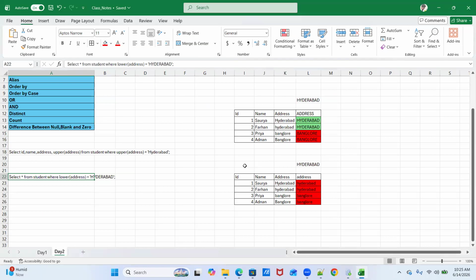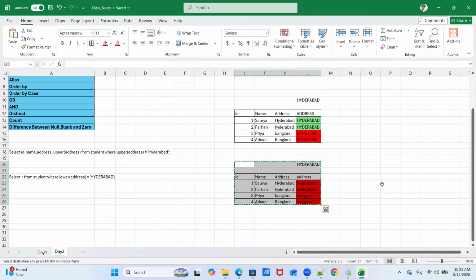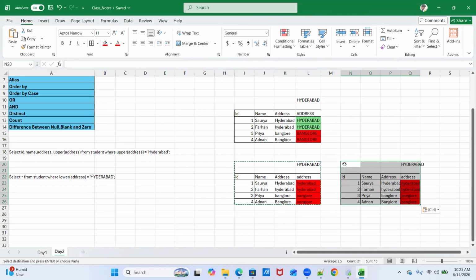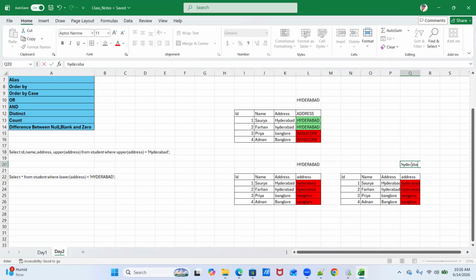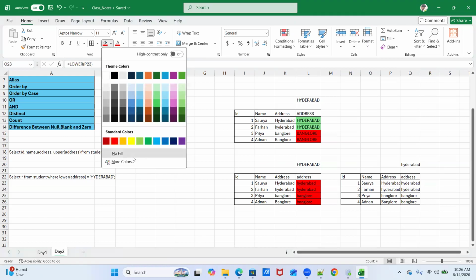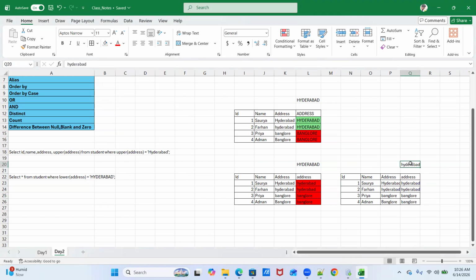Now we have converted this Hyderabad into lowercase. Now we'll get matching records in this table, right?